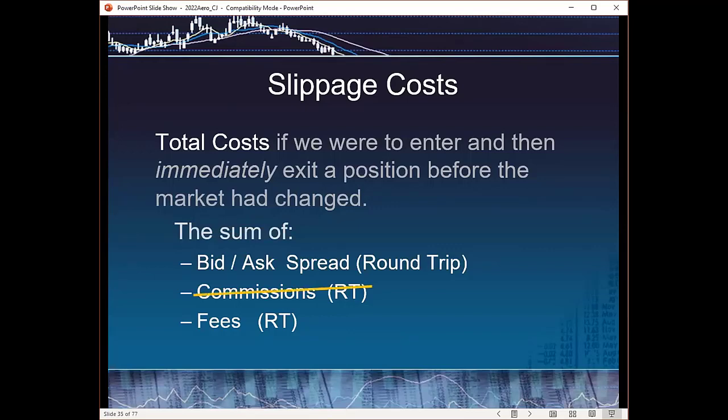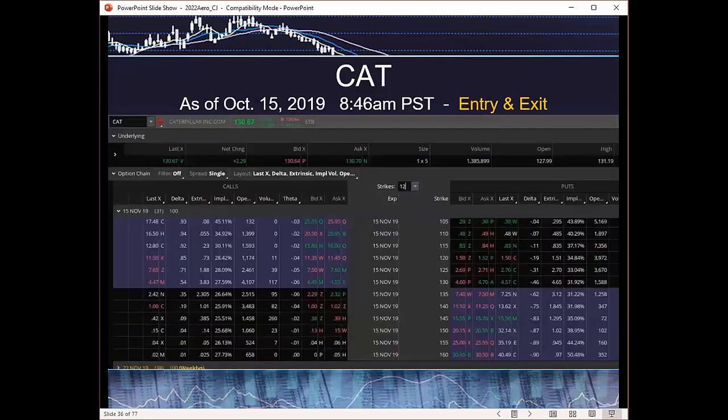Commissions and fees. Well, with commissions being zeroed out, there still are some fees. With options, it's probably like, what, 65 cents a contract, and maybe 2 or 3 cents for the exchange or the OCC. But even though those numbers might be small, they still matter and can add up. So let's evaluate that. Here's an options trade from Caterpillar from 3 years ago, and we're going to use it to both do an entry and exit as if we're doing the entry and exit just 1 second after the other. Get in, get out. What's the cost disadvantage of doing so?